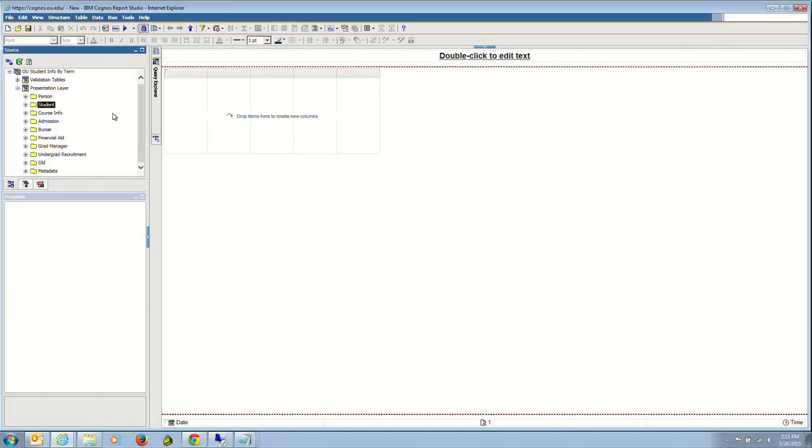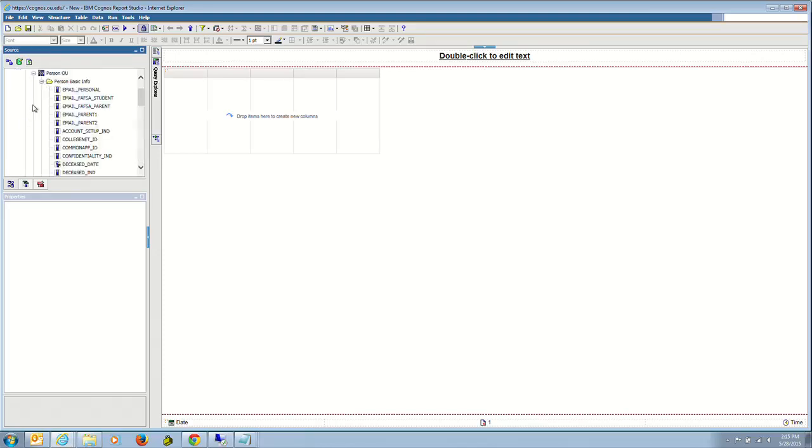Okay, what we're doing is an example of how to filter a main query by using a subquery. And our example is going to be students who were enrolled in fall of 2014 but did not re-enroll in spring of 2015. So they are the dropouts, and we might want to contact them or determine why they dropped out. So the way we create the